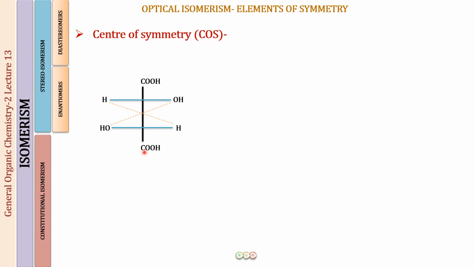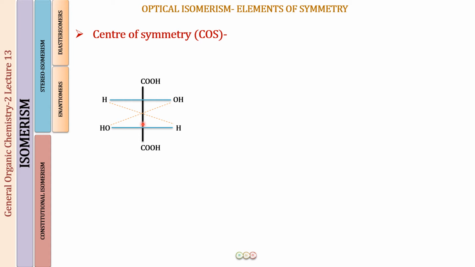Now in this compound, what we want to find out is whether this molecule is going to show optical activity or not. First thing we did was find out how many chirality centers this molecule has. This is chirality center number 1. This is chirality center number 2. Because this carbon and this carbon are each attached to 4 different groups: a COOH, an OH, an H, and this whole group for this carbon. And for this carbon again an OH, an H, a COOH, and this whole group. So all 4 different groups, 2 chirality centers. So we are not 100% sure whether this molecule is going to show optical activity or not.